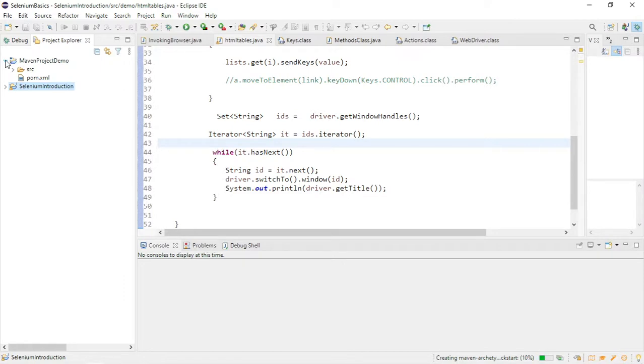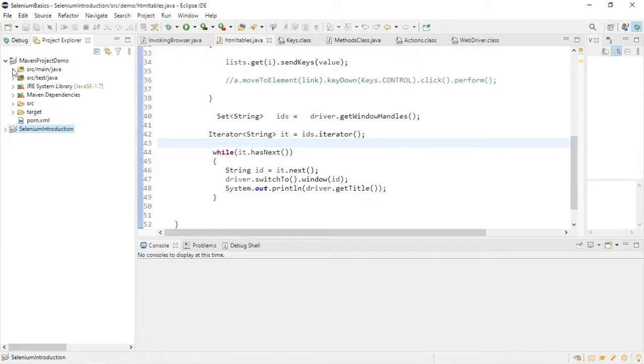So still it is creating. Okay, so I think it has finished creating this. So there are so many folders it has created.